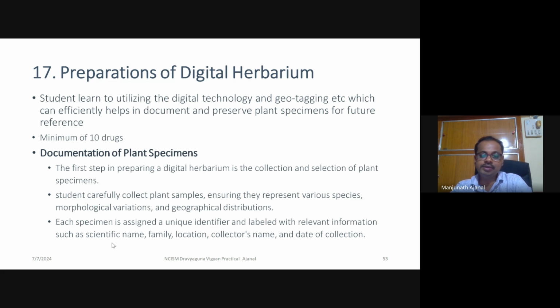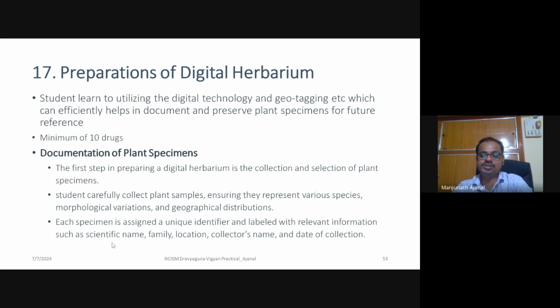The student needs to collect photographs with geotag of all the organs, like leaf, stem, flower, then the fruit or any other typical characters. So everything needs to be collected. One plant may not be collected in one day. Like in the rainy season there will be more leaves, or the stem will be typical, or in the fruiting season.